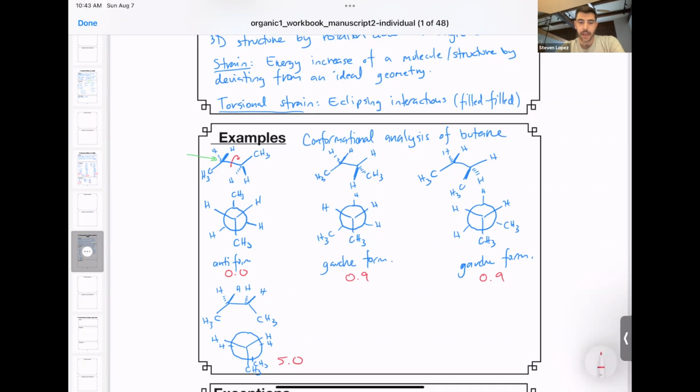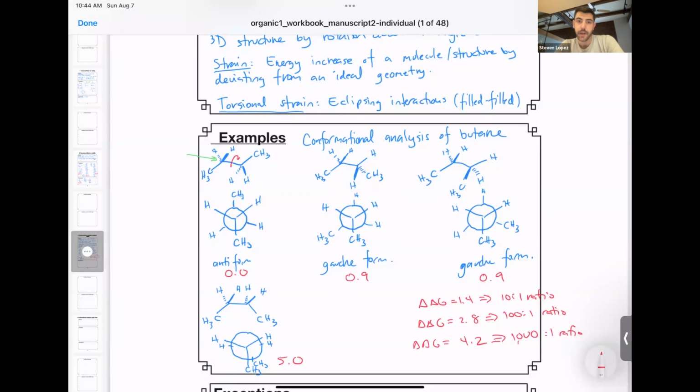So it might be unclear how to really make sense of these energies. Is 0.9 kcals per mole a lot? Is 5 kcals per mole a lot? At 25 degrees Celsius, if you have a difference in energy of 1.4 kcals per mole of free energy, there's a 10-to-1 ratio of the energetically favored structure to the energetically disfavored structure. If the difference in energy is 2.8, you end up with a 100-to-1 ratio, and 4.2 gives you 1,000-to-1.